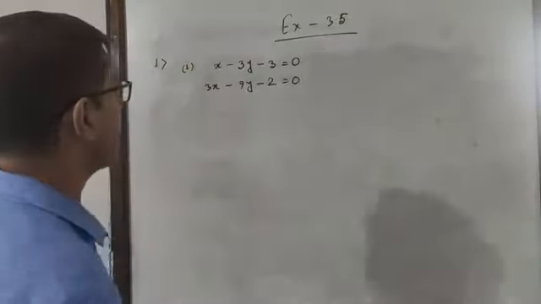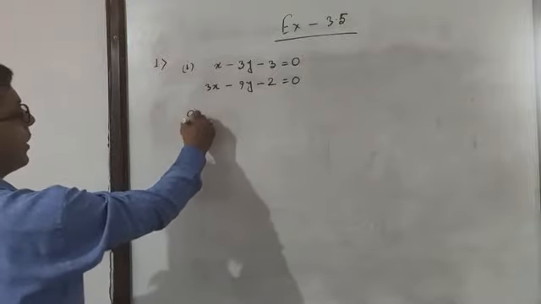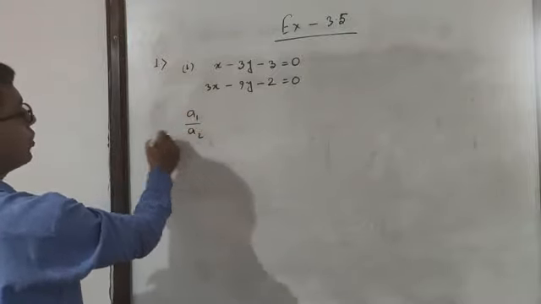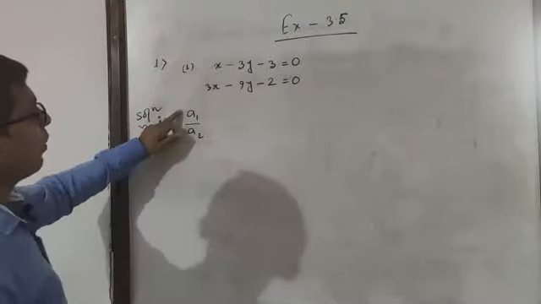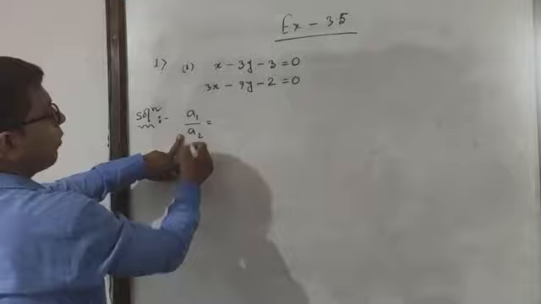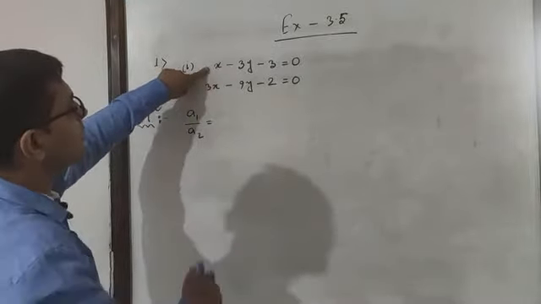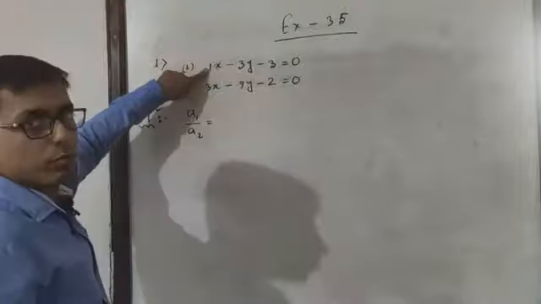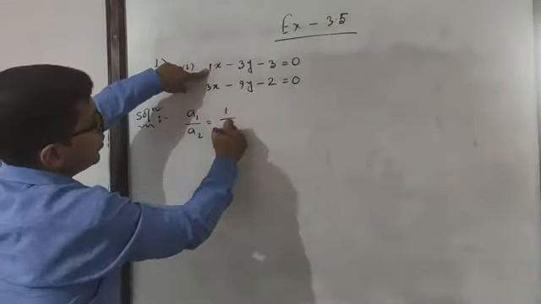तो इसके लिए हम क्या करेंगे, सबसे पहले हमें जो करना है वो हम रेशियोज को कंपेयर करेंगे. a1 by a2 सोल्यूशन में हम लिखेंगे a1 by a2. What is a1 by a2? We have now look at what is the coefficient of x here in this equation. Nothing is there, means there is 1 by 3.